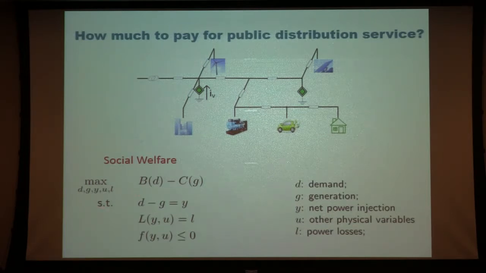One objective all the economists talk about is that we want to maximize social welfare. So we can formulate the problem as a mathematical optimization problem. Roughly, D is the demand of the consumer and G is the generation. At each bus or node you can have both generation and demand, and then there are some constraints, like L and F. This is the power flow constraint, like what I talked about before. So there are some power engineering constraints to specify. This is roughly the problem we're dealing with, and benefit minus cost is the objective.